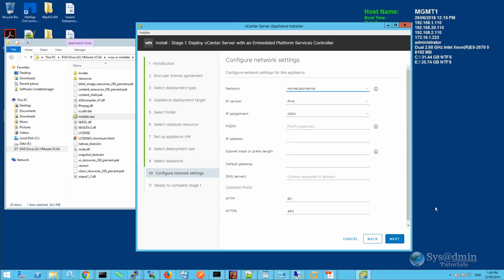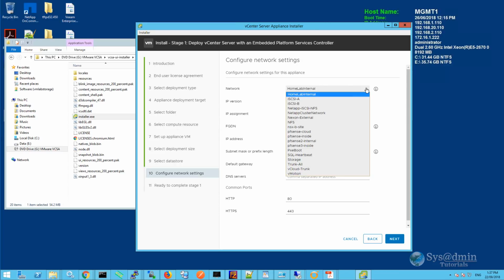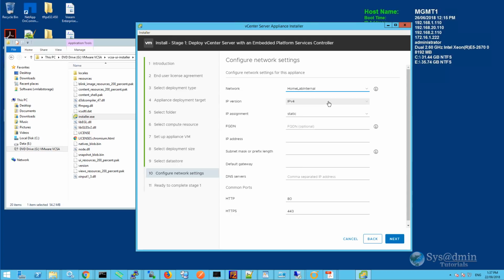Within the Configure Network Settings window, I will select the underlying network I wish to connect my VCSA server to. In this case, it is called Home Lab Internal. The IP version I'll leave as IPv4. IP assignment is set on static, which is what we want. For the FQDN or fully qualified domain name, I'll enter in my VCSA host name with my Active Directory DNS name appended to it. So the FQDN will look like this: